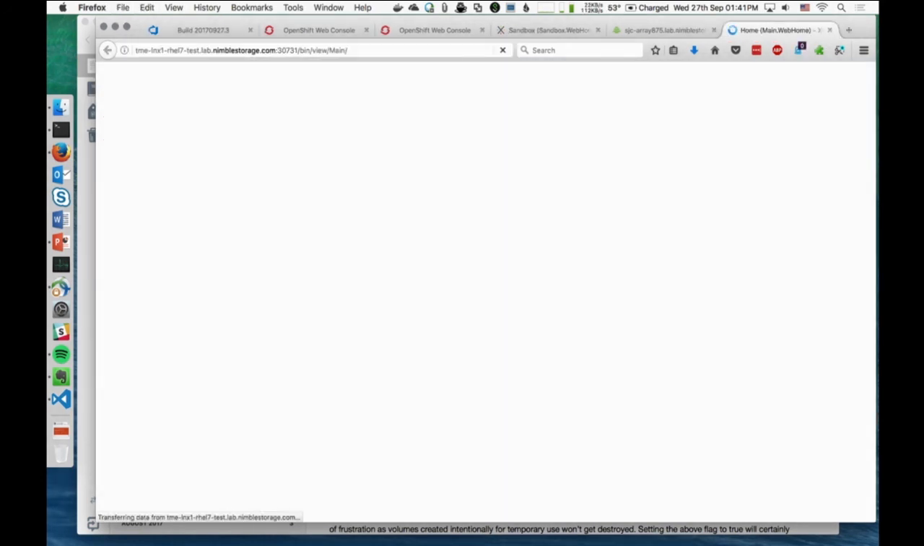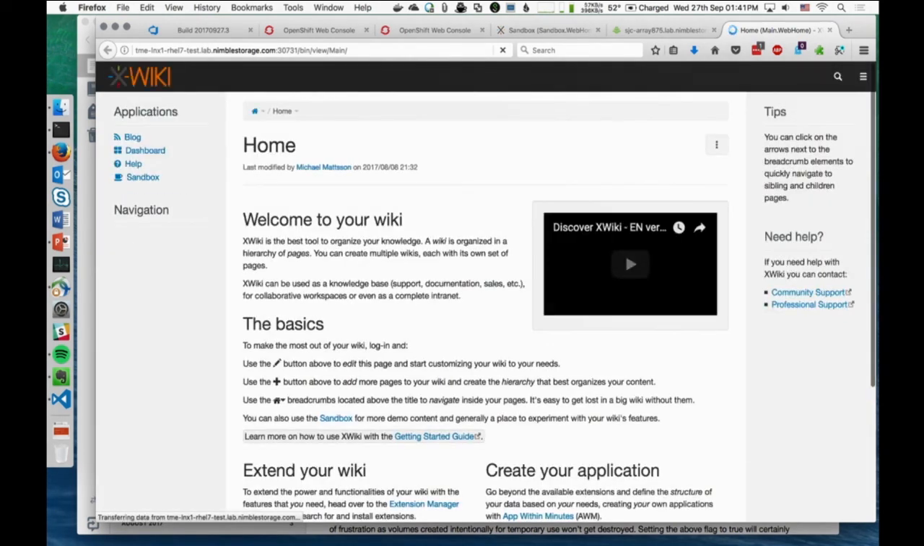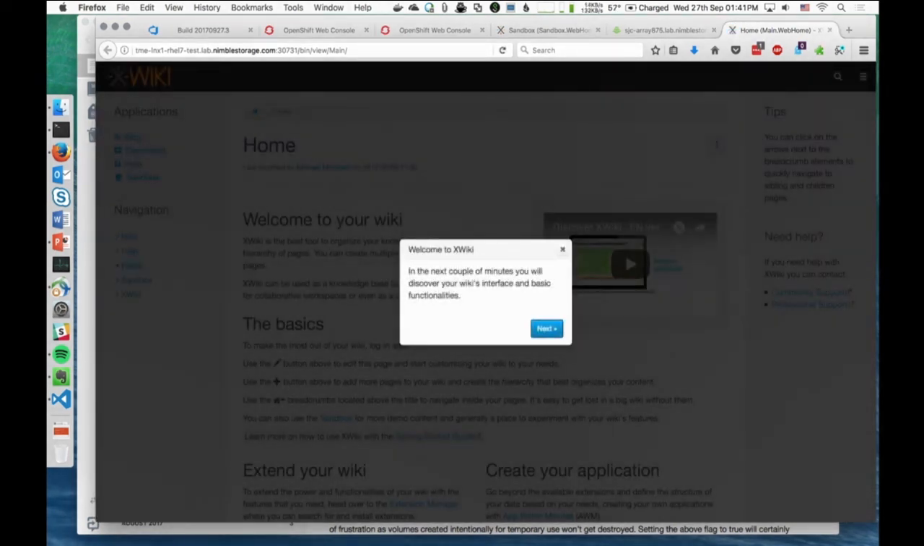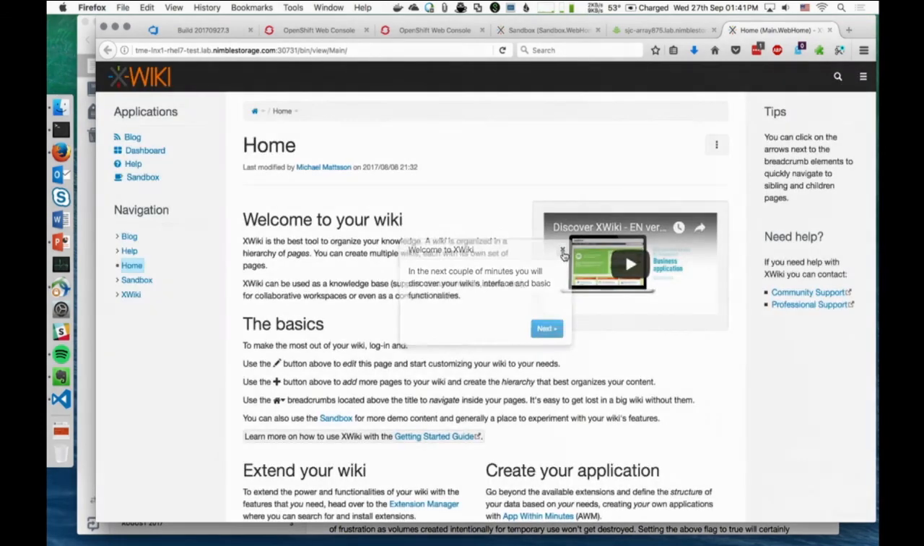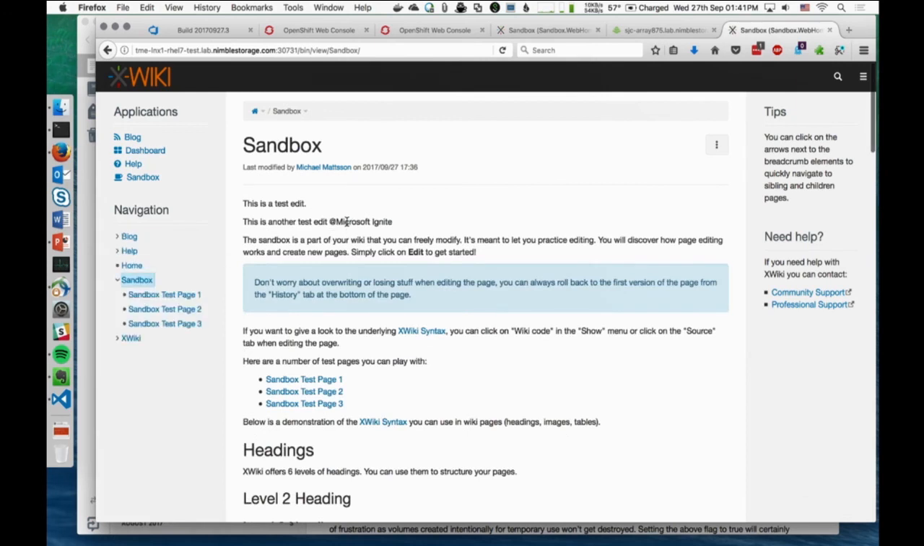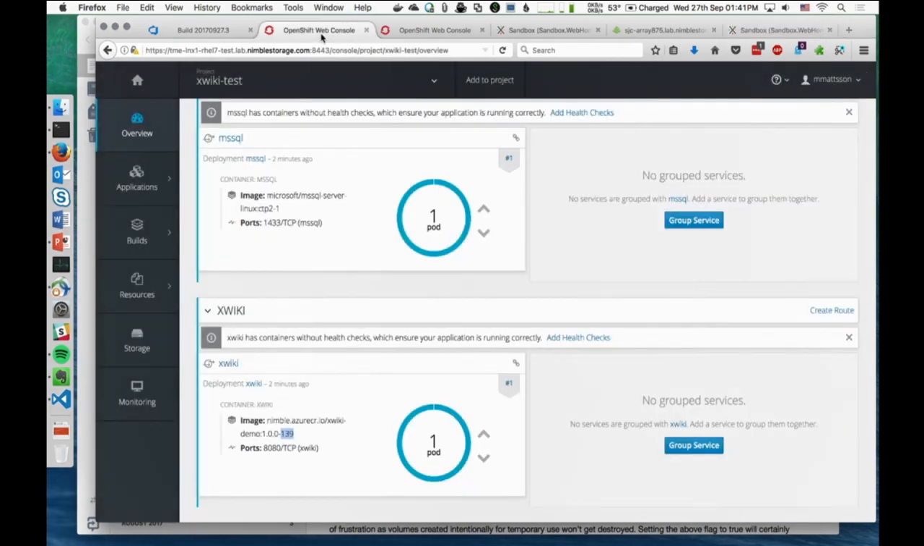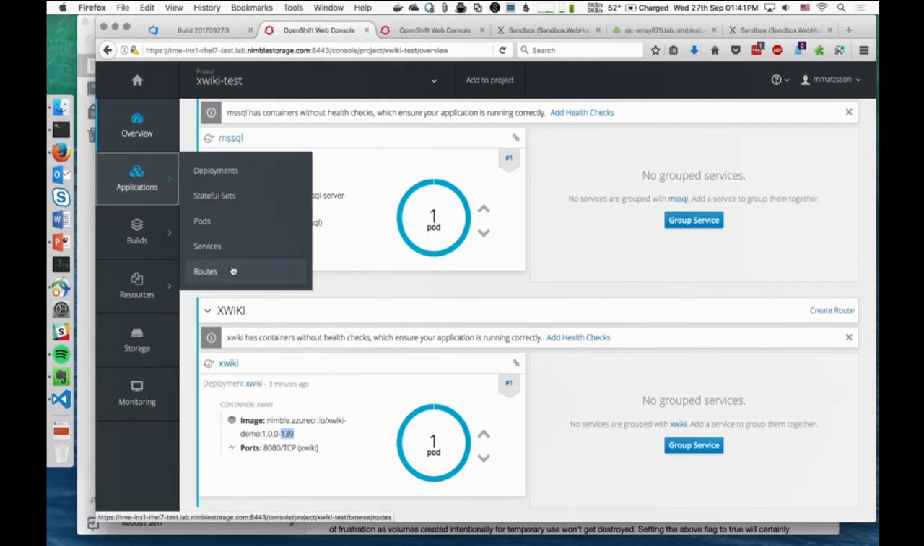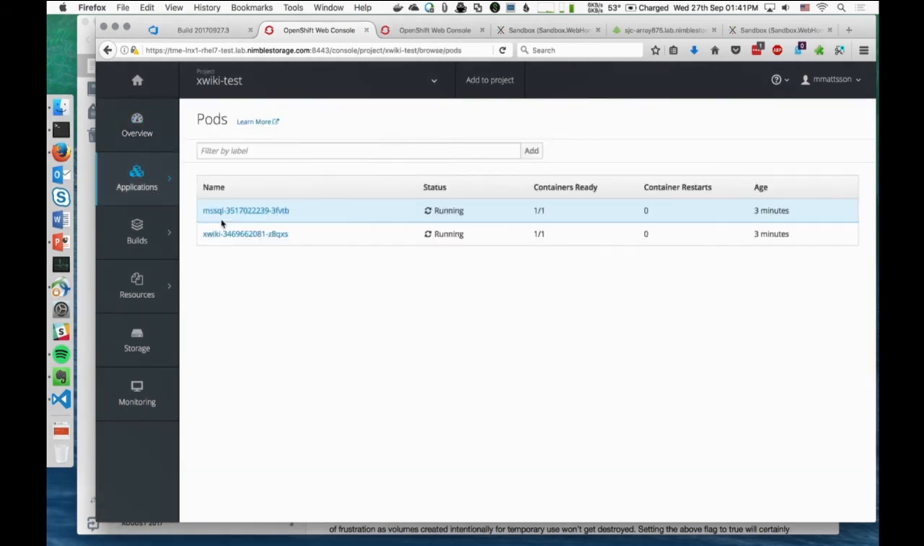So I'm going to go to my test. This is the cloned instance. You're going to think I'm a new user because it's a new port number and all that. But I will go to my sandbox, and I should be able to see, oh, look at that. This is another test edit. So now I've actually cloned that entire application over to the test environment. And inspecting the different pods here in the test instance,